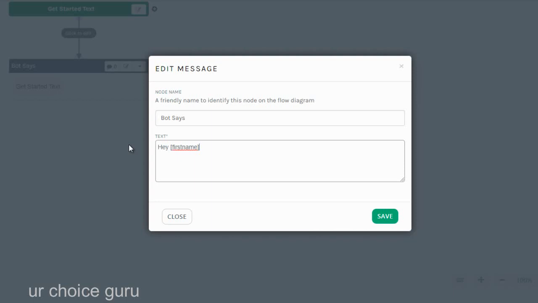First name. Now, obviously in this case, it's not going to be the actual person's first name, but we're just going to put that as a placeholder. But with Facebook, they will already have that information and it'll spit it out. So, hey, first name, to best help you, have you purchased from us yet? So actually this is the get started. So we're not going to do that. So we're going to do